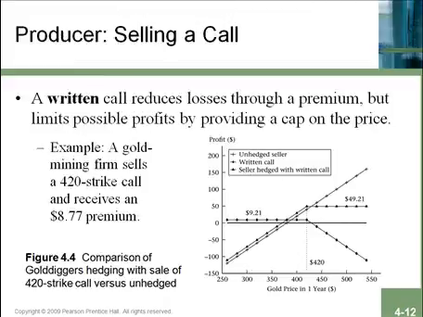Okay, now another possible strategy to reduce the cost of the insurance is to sell a call option. And in fact, this might be one thing that you could do even independently of the put option. So you could write a call option on gold, and by doing this you would receive the premium, which in this case for a $420 strike price would be